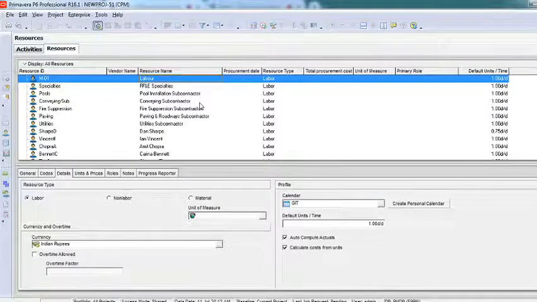But why not for these other people? Because we do not want to give them OT, but we want to give them a bonus later on, because they are our company's employees. If the company is in profit, the company is ready to share some money. That's called a project bonus, which we cannot give to unskilled laborers, because they are on contract basis. So here there is an option called overtime allowed. Is this mason allowed to work overtime? Yes or no. If I uncheck this, then he's not allowed to work overtime. It means if a laborer is working 10 hours per day and you assign him 12 hours per day, for the extra 2 hours he works,